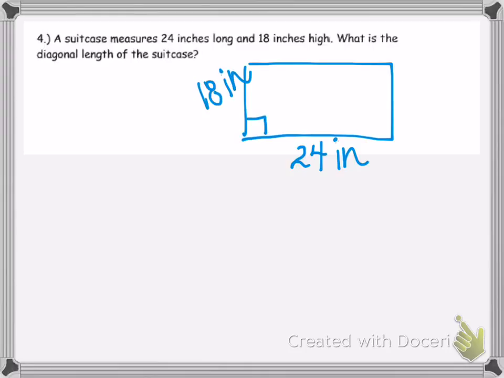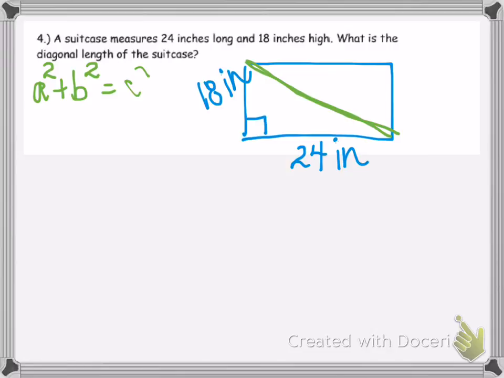Now, I don't have a right triangle here until I draw my diagonal across the length of the suitcase. Here's my right triangle, and I was told the lengths of each of the sides that make up the right angle, so therefore they are the legs of the right triangle. Plugging into my Pythagorean theorem,